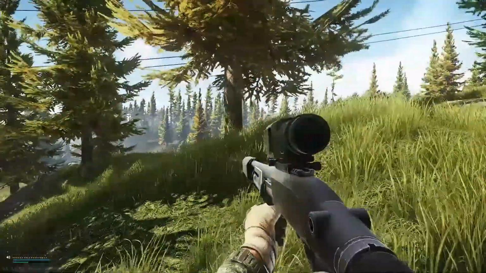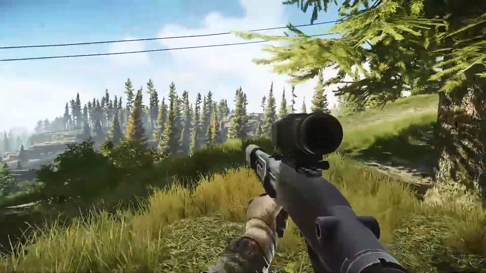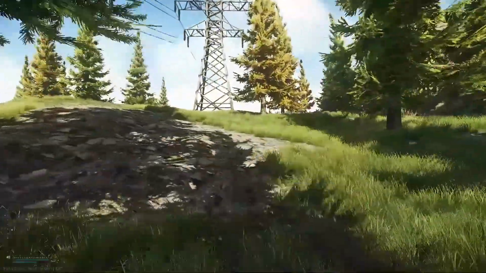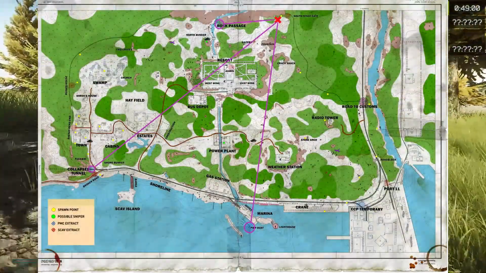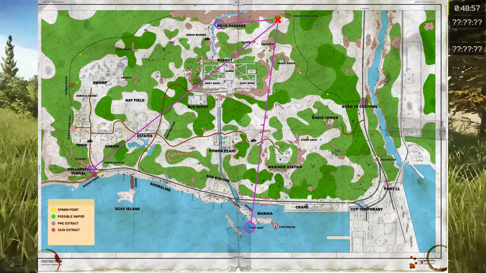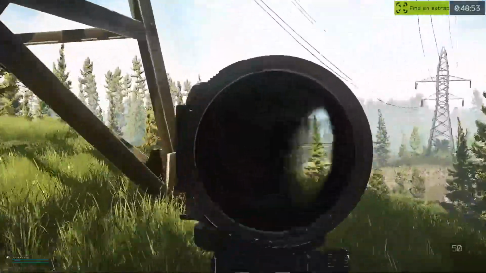So when you're doing stash running, what you want to be focusing on from the very start is how you want to get out of the raid. So this spawn gives us the extracts: rock passage, tunnel, and pier boat. Pier boat is way too far out of the way. We've got to go through the resort or